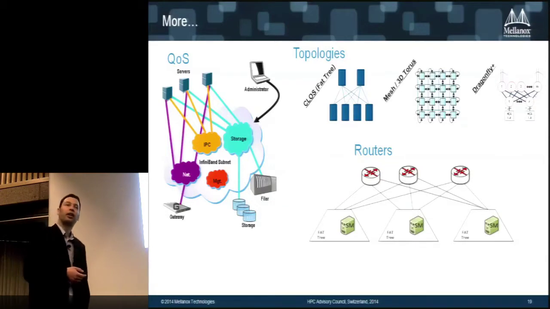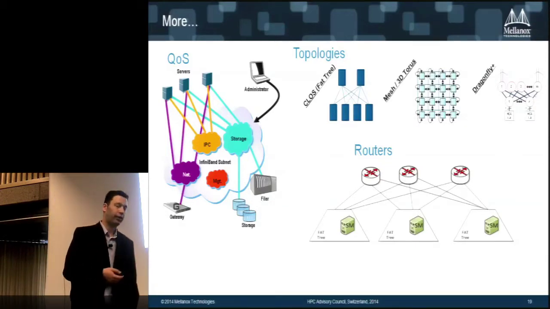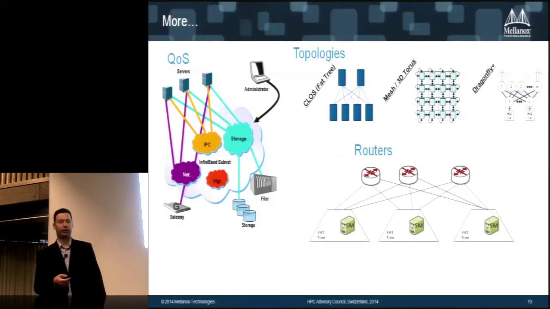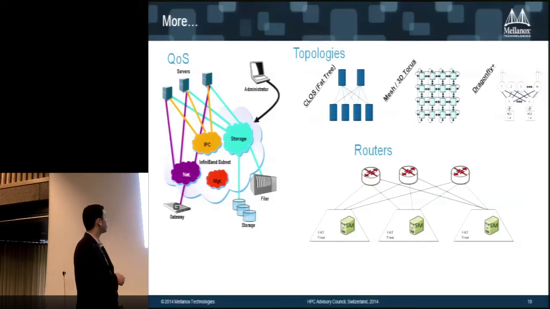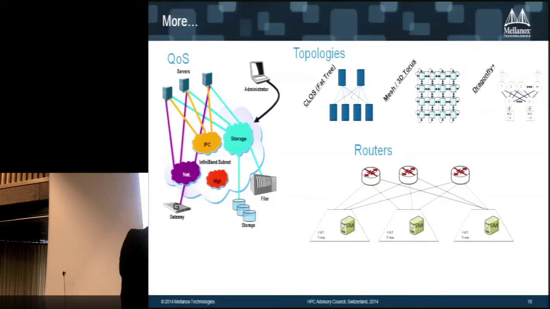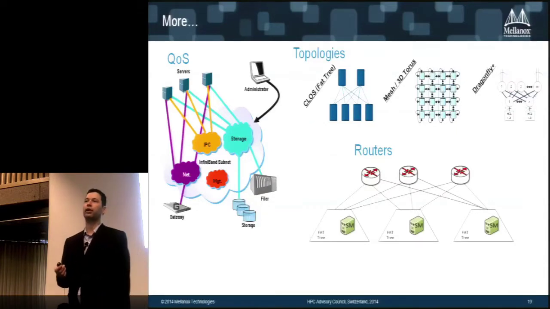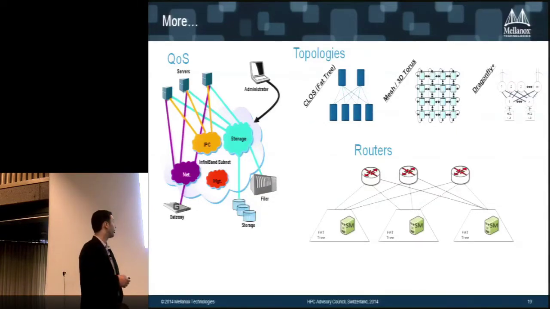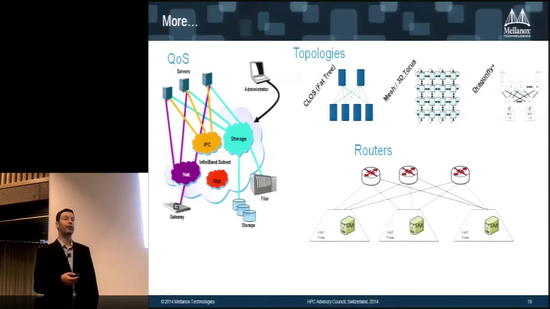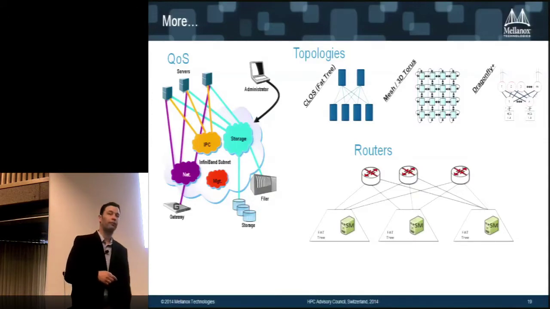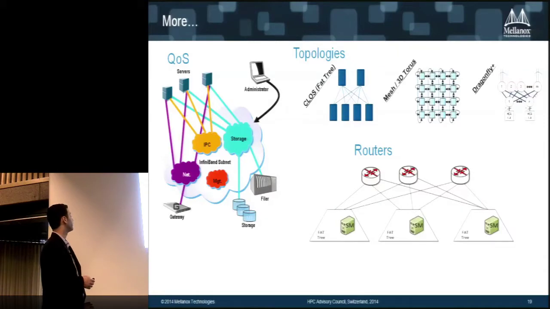Another item that is interesting, actually this one has been out there for a long while, and I see a growing interest in QoS. I think a few use cases are collective operations and using storage and networking on the same cluster. So there is a lot of room for doing QoS, and we can see that growing interest, and this technology is pretty much out there and can be used for deployment.